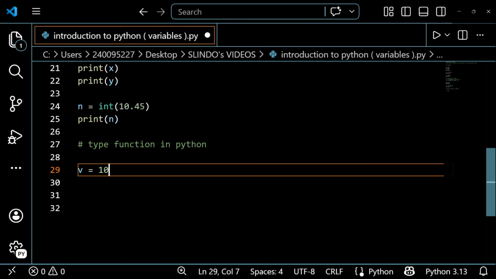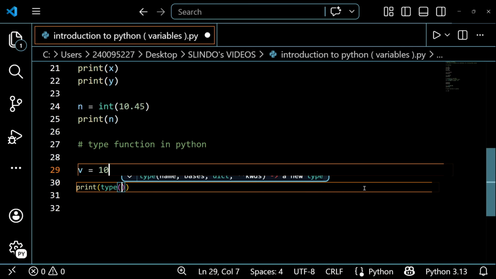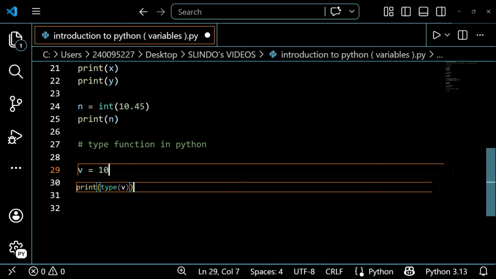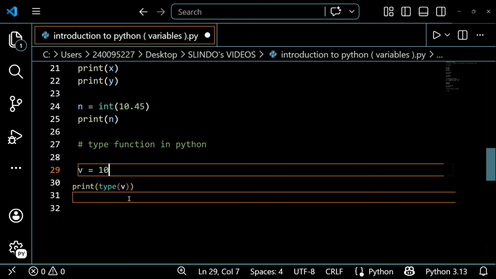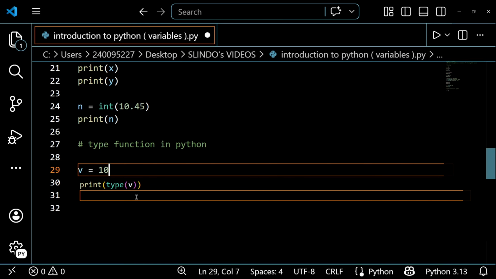All right, let's say we have v equal to 10. Now I want the type of v, so I'll say print(type(v)). I know exactly that I want 10, but to access it, I'll say print type v. Then it will tell me which type 10 falls under: is 10 a string, an integer, a float, or something else?